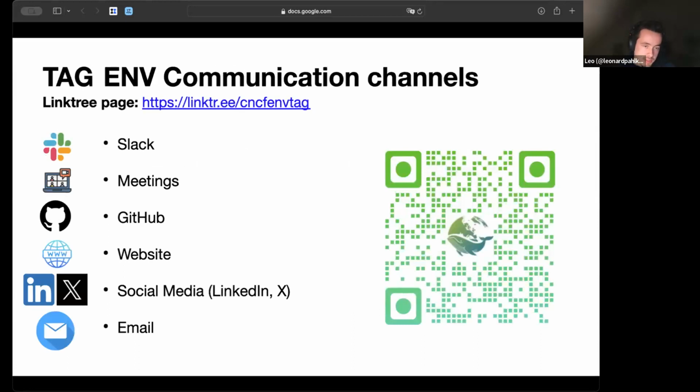About communication, I think this is very important. I think most of you or all of you are already on Slack. This is the main communication channel for us. If there's something happening in the TAG, it's always posted on Slack. But Slack can also be a little bit overwhelming to track all those messages. So if you are interested in one particular effort, it's usually best to keep track of those on GitHub.